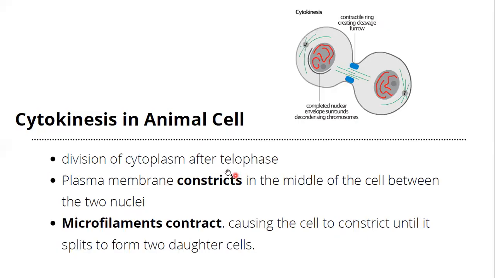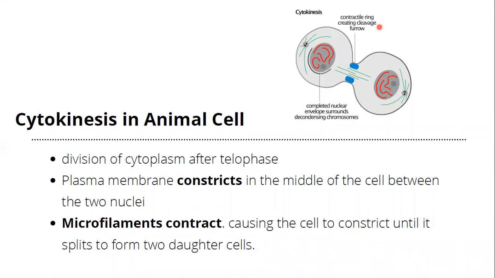So division of the cytoplasm after telophase, good, is cytokinesis. The plasma membrane is going to constrict in the middle. Constrict in the middle is the keyword here. You can see in the middle, the light blue color here is the cytoplasm. So the plasma membrane here is going to constrict in the middle, okay? It constricts where we have a contractile ring creating a cleavage furrow. A cleavage furrow is where they become narrower and narrower, and then they're going to cleave, or